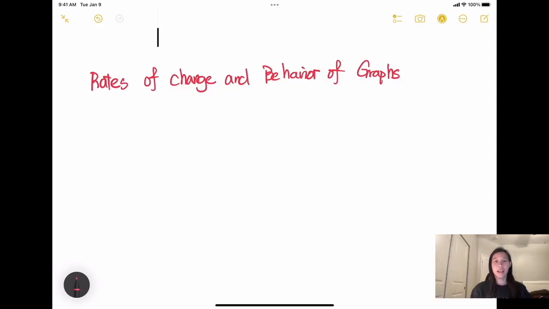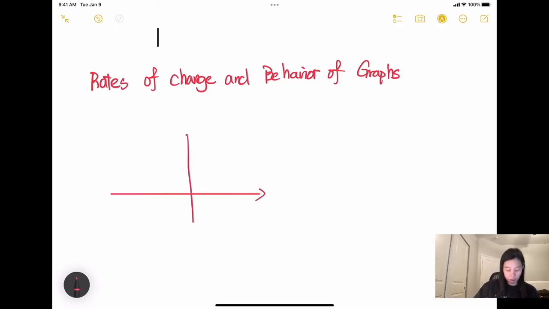This is Yo-Yo. So today we're going to talk about rates of change and the behavior of a graph. Since a function represents how an output quantity varies with an input quantity, it is natural to ask about the rate at which values of the function are changing. So for the most basic, what is rate of change? Well,